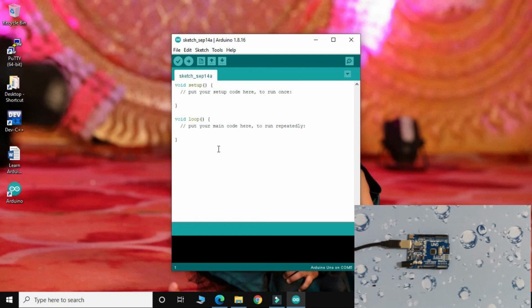When I connect my Arduino, as you see, the LED on the Arduino goes on. As you see, this is the board LED, and this is the basic program, which is a blank program. I just go to tools.